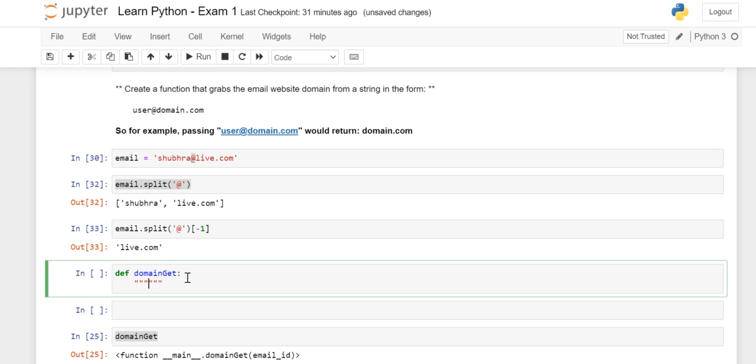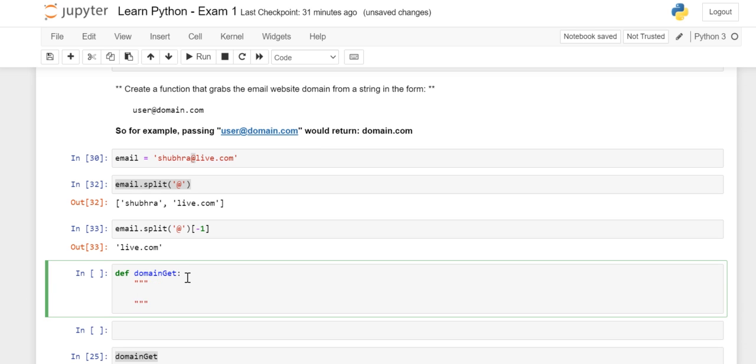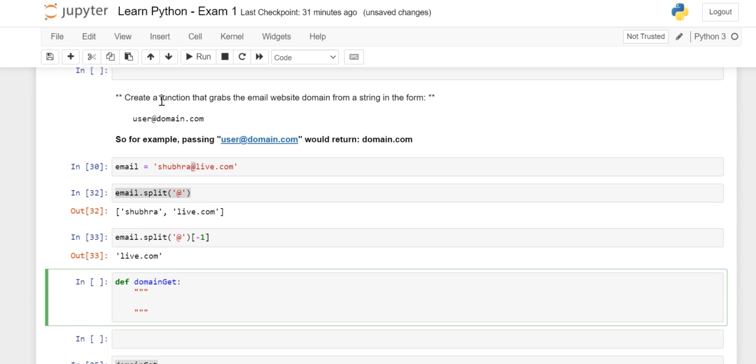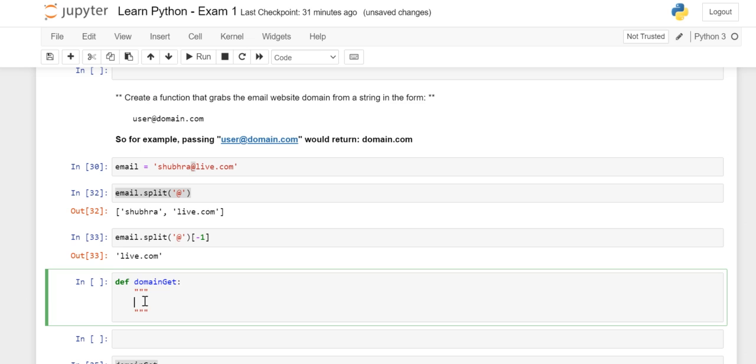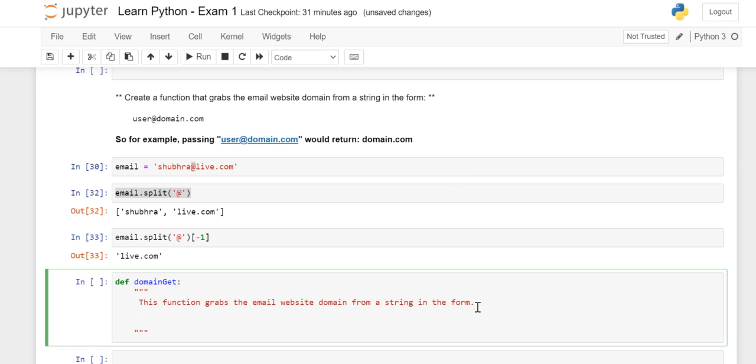Now, always a good practice: define a docstring, saying what this particular function is going to do, that it's going to return. I just copied from here and say that this function grabs the email website domain from a string in the form. Now we know what the input is. We have to provide an input also, right?